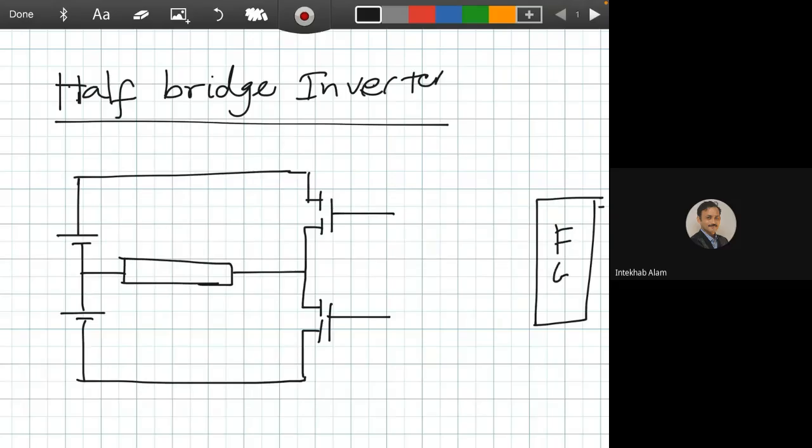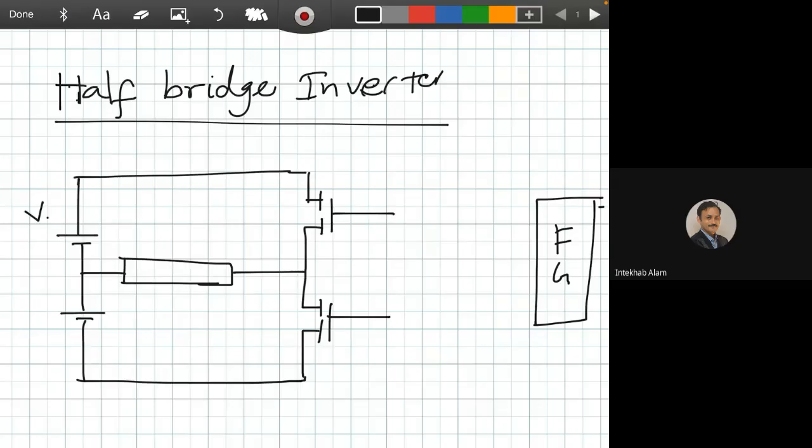This is the function generator, and there are two switches. According to the basic structure, we need to connect in this form. This is drain, this is source, this is again drain, this is again source. This is switch 1, so we are giving it gate 1, and this is switch 2, we are giving it gate 2. And to turn on the switches, we need to give a voltage